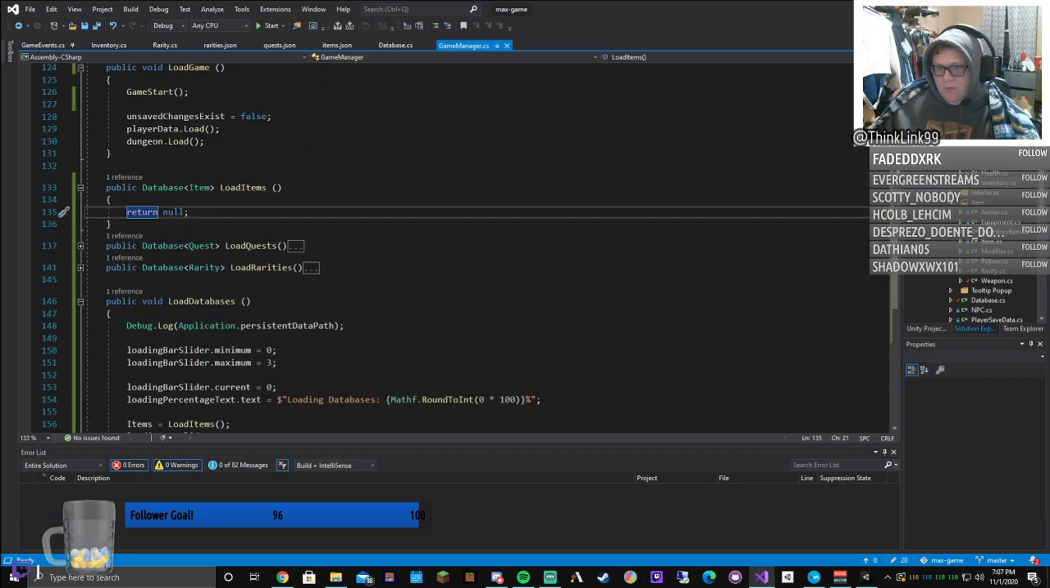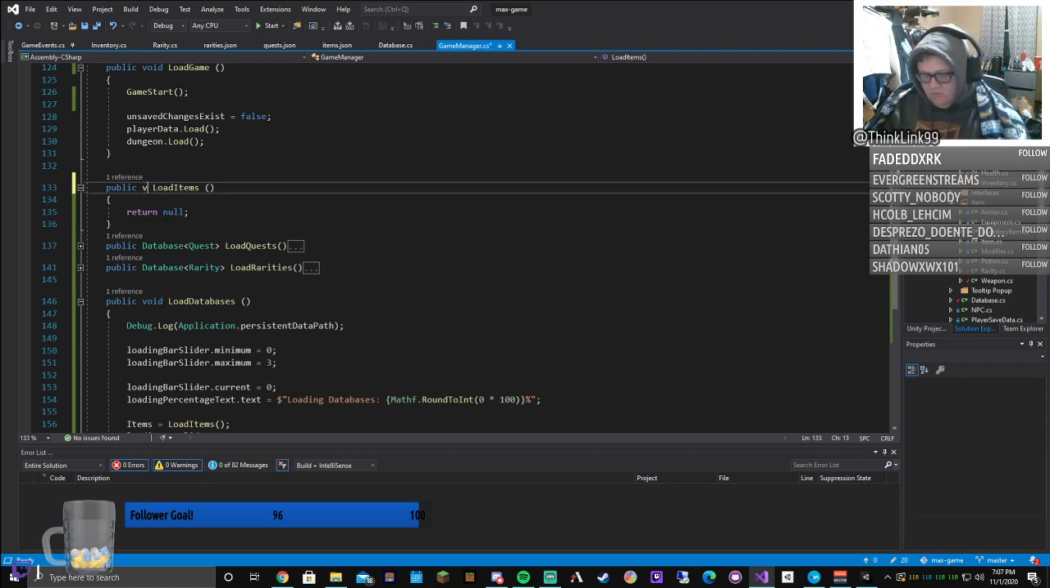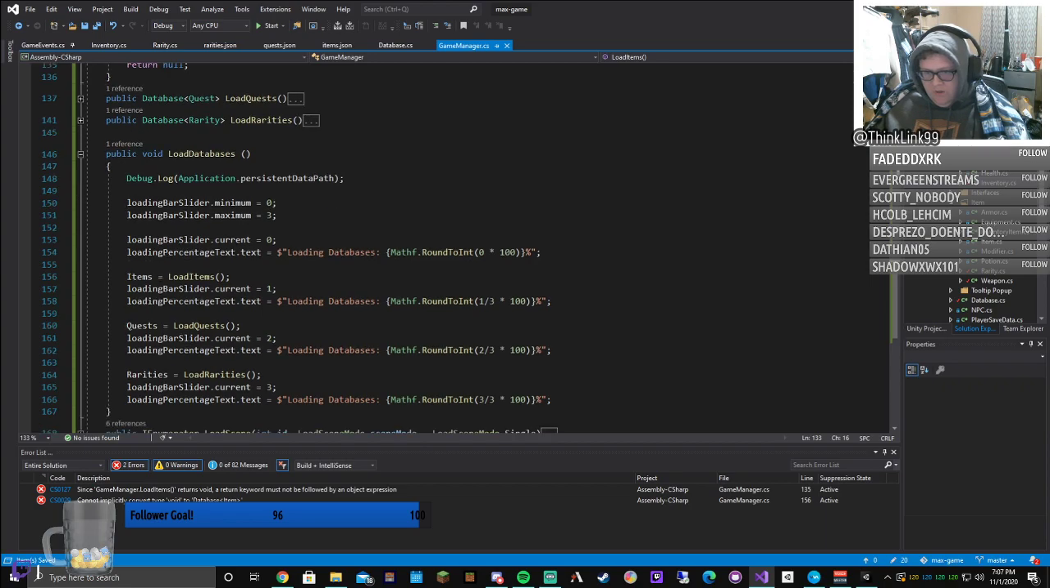But now we have the load function, so now we're going to come over here and say that this is going to be void. We're going to